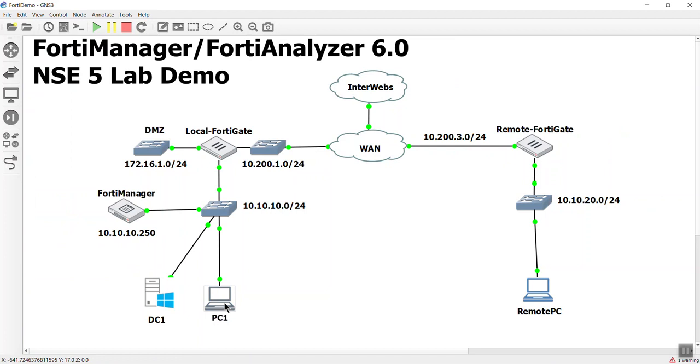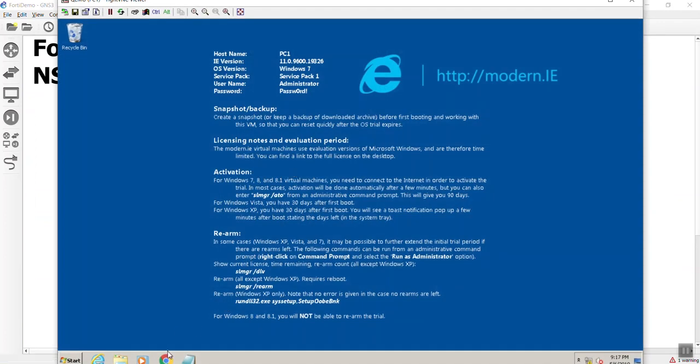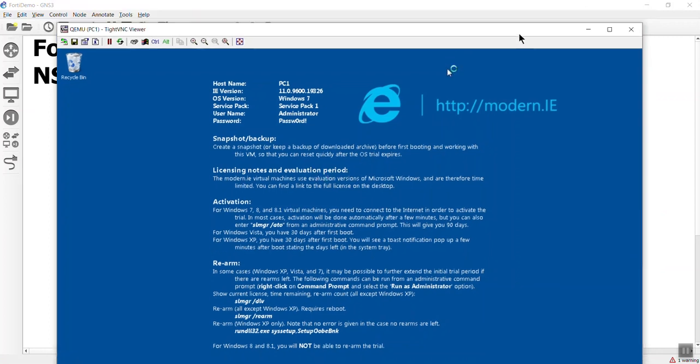So let's go to PC1. All right, let's load up a web browser. Might just take a moment. All of these VM